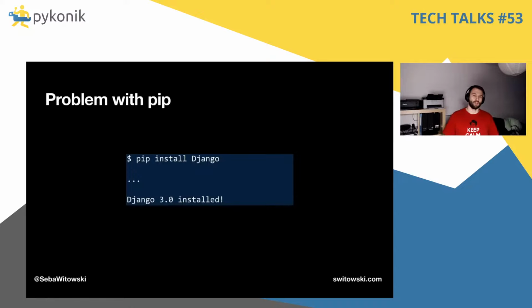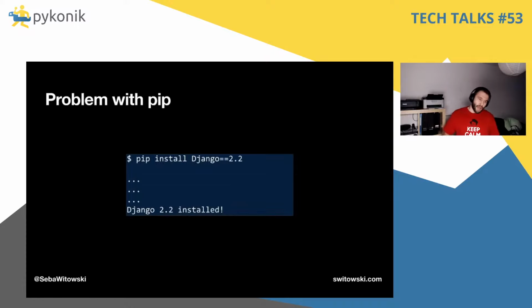You start by installing the latest version of Django with pip install Django, and that installs Django 3. Everything works great. You build an awesome website, and it's so good that soon you get a first customer coming to you and asking to work on their Django website. As it usually happens, they are not using the latest version of Django, so their website is still running on Django 2.2. So you install that specific version of Django by saying pip install Django==2.2.